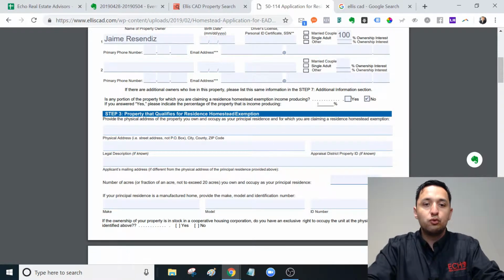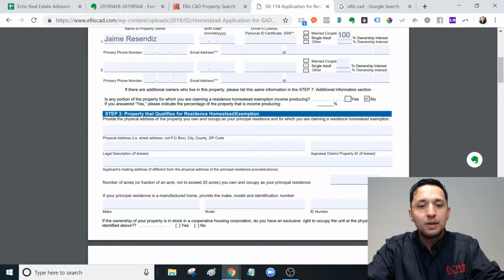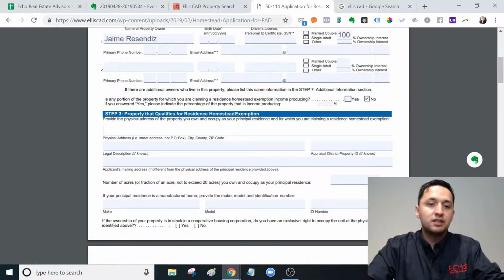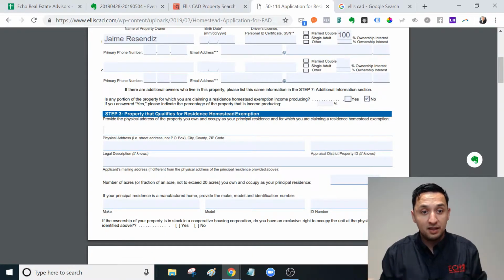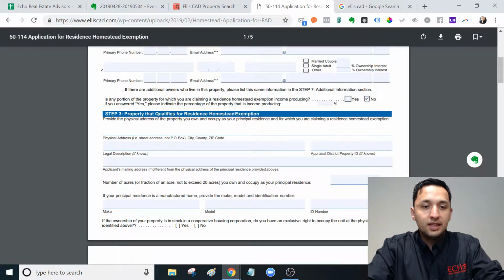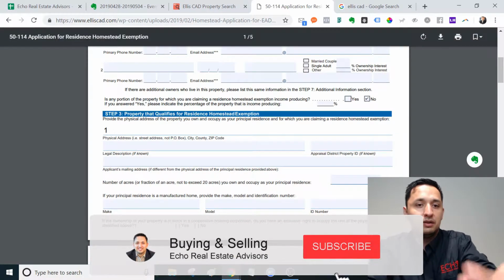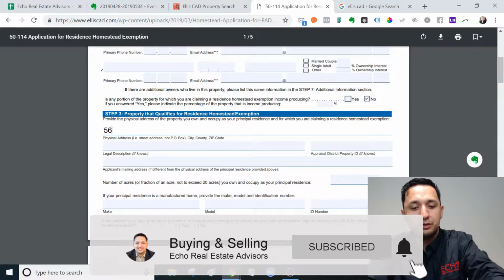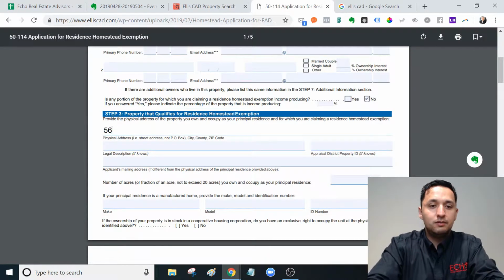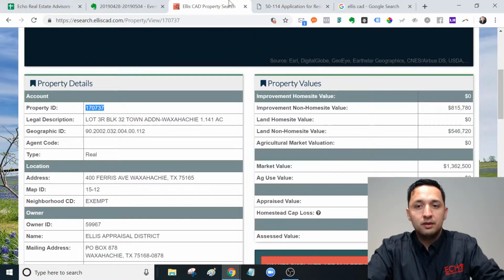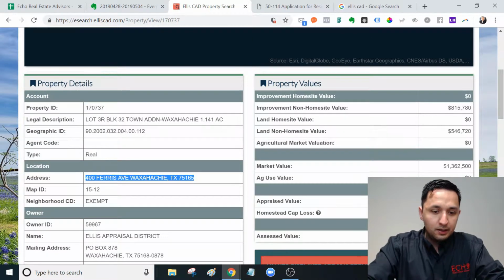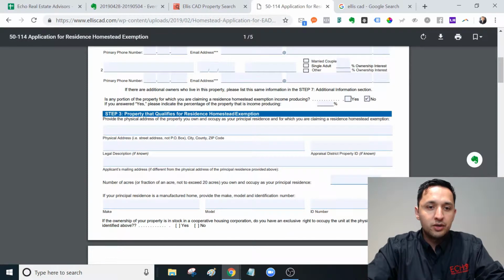Property that qualifies for residence homestead exemption. Provide the physical address of the property you own and occupy as your principal address and for which you are claiming a property exemption. So there you would put the address of the property that you're requesting the homestead exemption for. This would be the physical address, which is very common. Well, I use 123 Main Street, so I'll just put 567. Actually, what am I doing? My demo address is